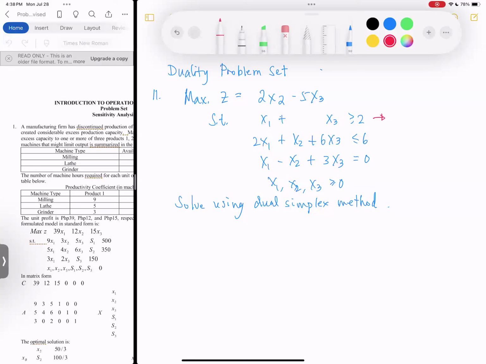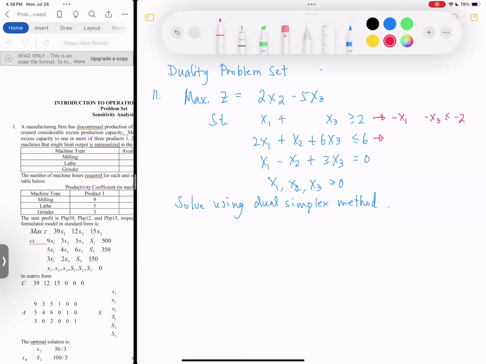okay. What happens here? Anyone? This is a greater than constraint, so you have to convert it to less than. So what do you do? I need others to participate. Multiply both sides by -1. Okay, multiply. So you have negative x1. Okay, if I do something incorrectly, let me know. Minus x3 less than or equal to negative 2.